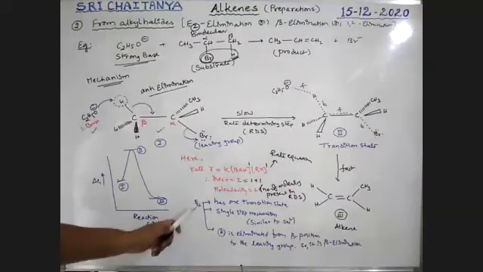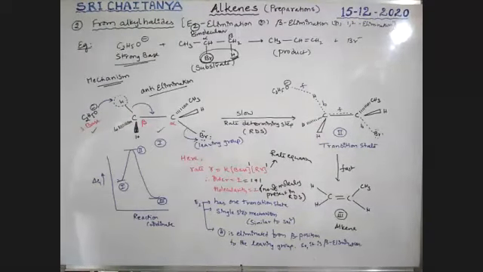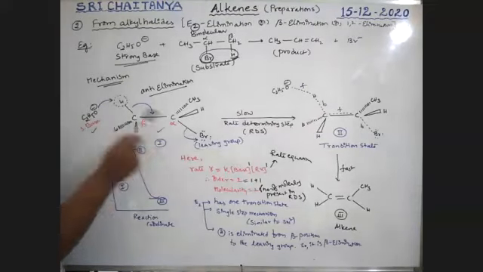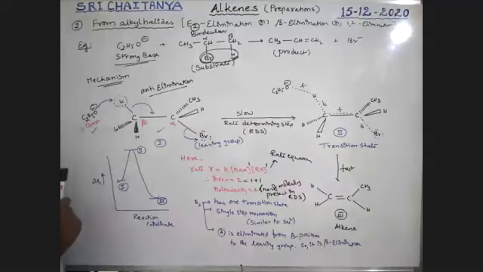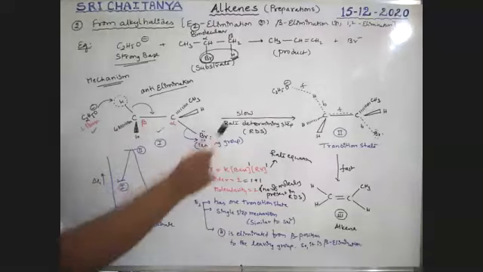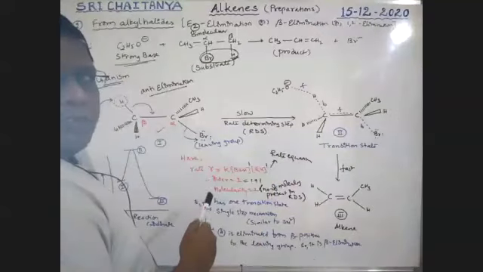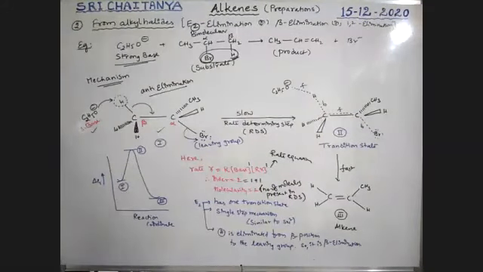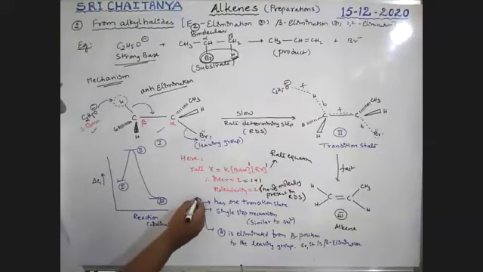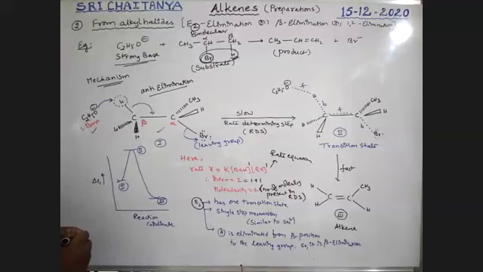So see here, in E2 elimination, hydrogen from the beta position to the leaving group. That is why it is beta elimination. Next, it is a single step, boys. So it is a complete single step mechanism. So the transition state is not considered an intermediate, boys. So it is a single step mechanism. So molecularity 2, order 2. So hydrogen is eliminated from the beta position to the leaving group. So it is all possible in E2 elimination. Here 2 stands for bimolecular elimination. It is the example for bimolecular elimination.